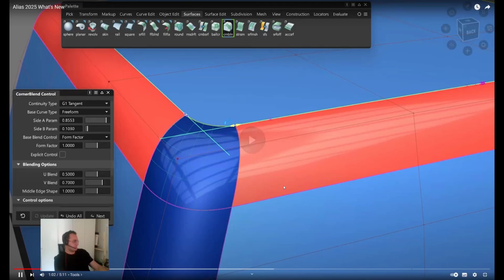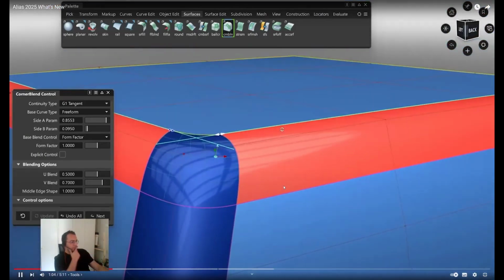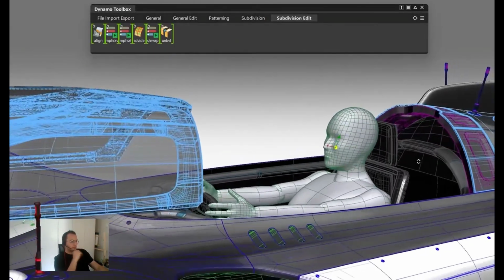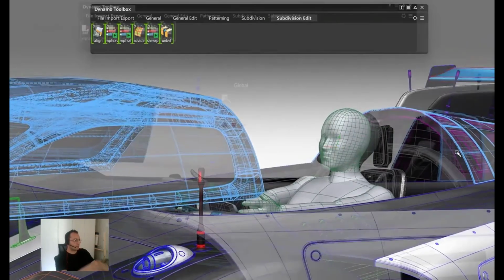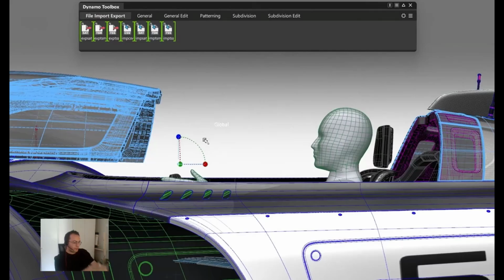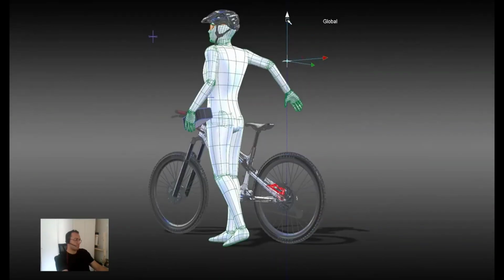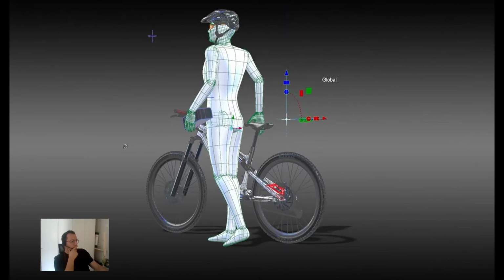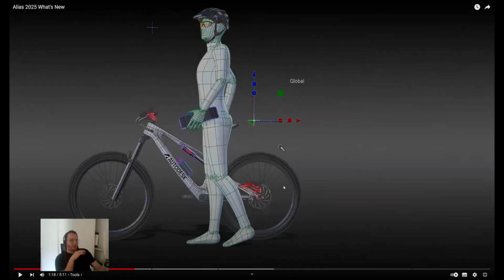Yeah. On this area, we also worked on some Dynamo improvements. For example, the new mannequin has an updated geometry, and you can adjust the mannequin's position using other geometry, like here where I'm using a point to control the mannequin's pose. This is great as well. A huge improvement when it comes to the